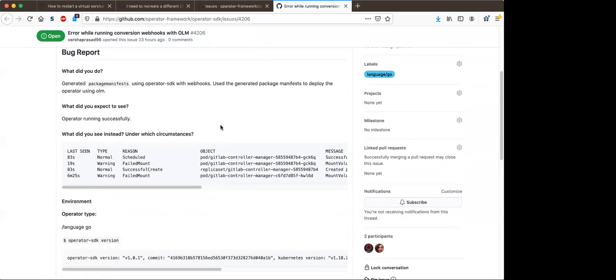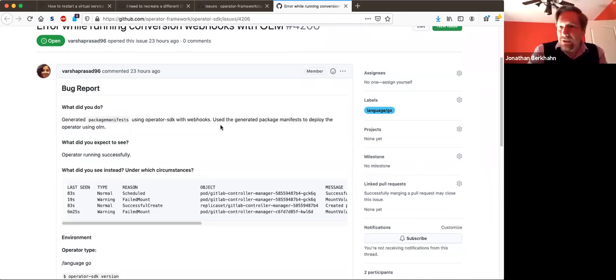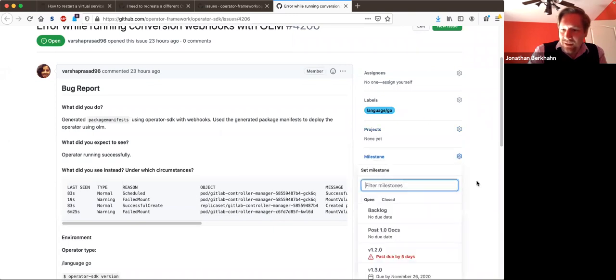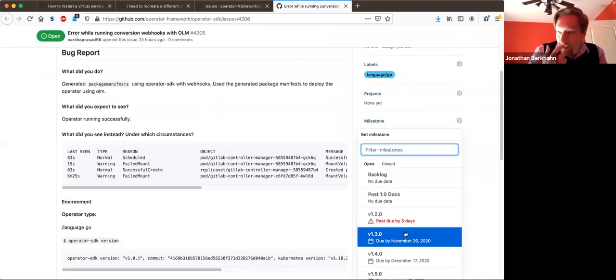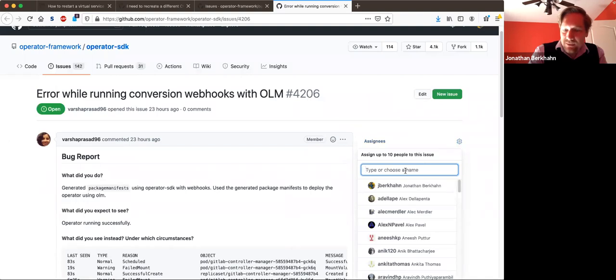So I think we need to look more into whether we want to modify the CSV generator or we want to make OLM place or name the secret the way we want. So just a heads up, we're 2 minutes over already. I don't have any pressing concerns, but just a heads up. It sounds like this needs further discussion, so we can put it in 1.3 and talk about it at the whatever we call the once a release meeting. Does that sound fine? Yep, that sounds good. And Varsha, would you mind putting this issue to you? Yep.